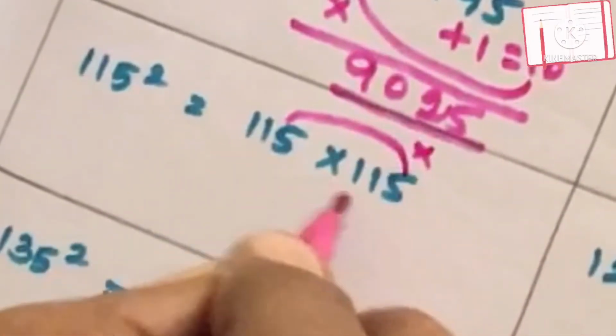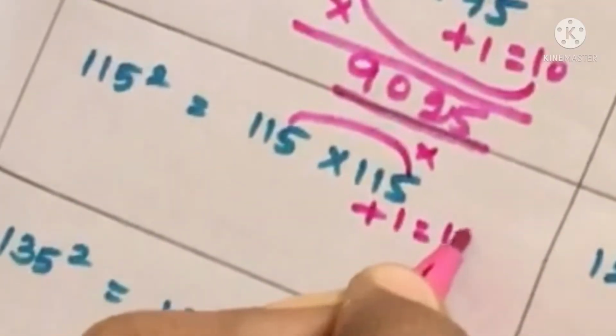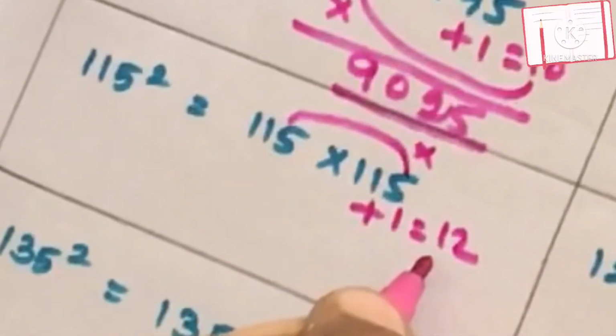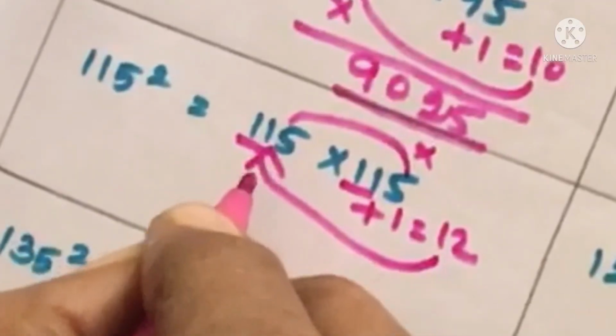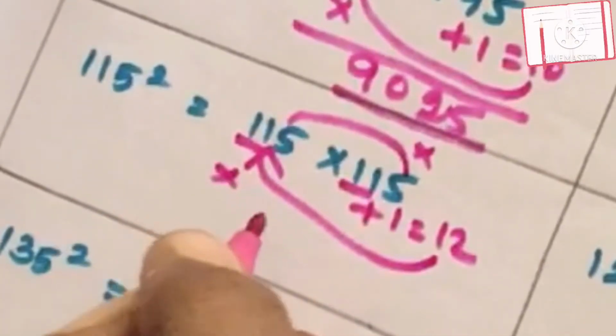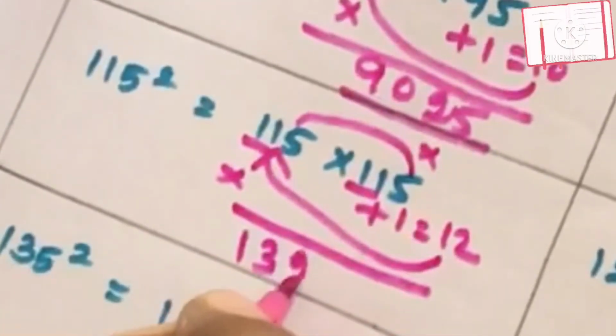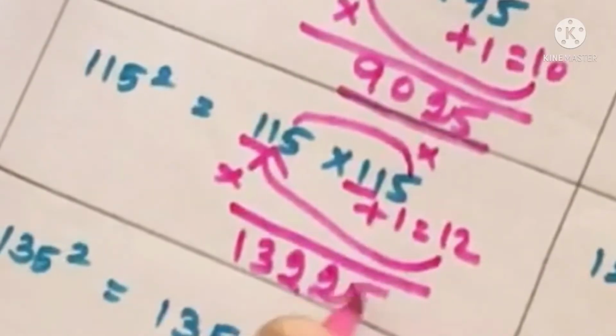Next we are going to see the square of 115. The same procedure is followed here. The ones digits on your right and left are multiplied, which gives you 25. Next, the tens and hundreds digits are taken as 11, and that is added with 1 on your right hand side, which gives you 12, and that is multiplied with the tens and hundreds digits taken as 11, which gives you 13225.